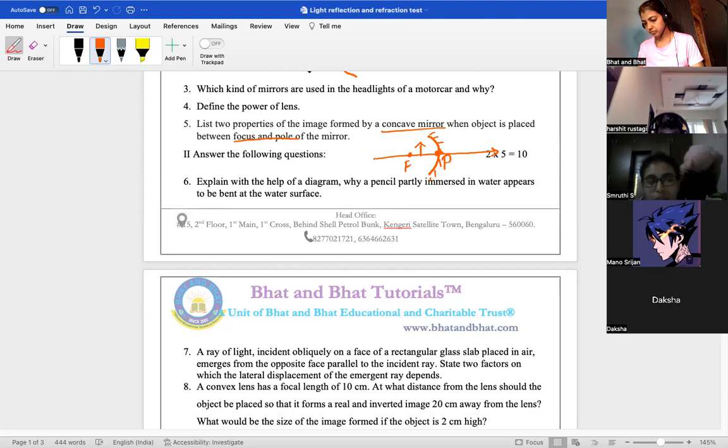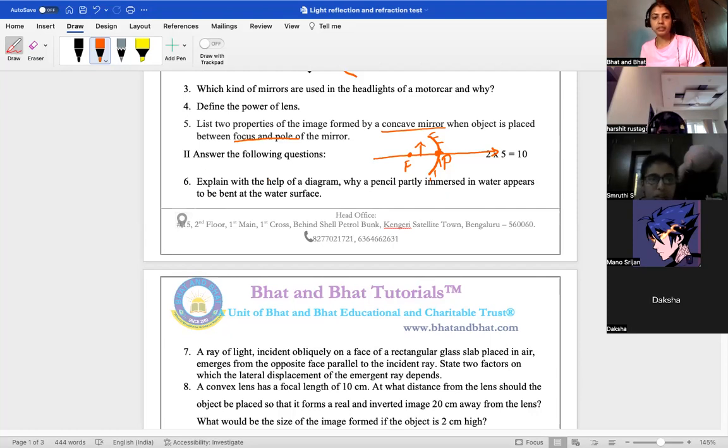The image will be virtual and erect. It is formed behind the mirror, so it is enlarged. It will be virtual, erect and enlarged, right? So any two properties are asked, you can write any two of them, or if you write three also, no problem. They will consider if anything is gone wrong, they will take only two which are correct. Okay,